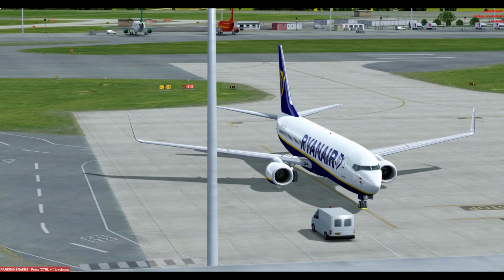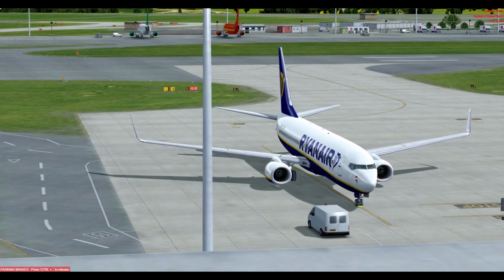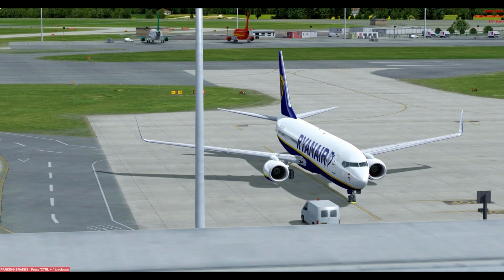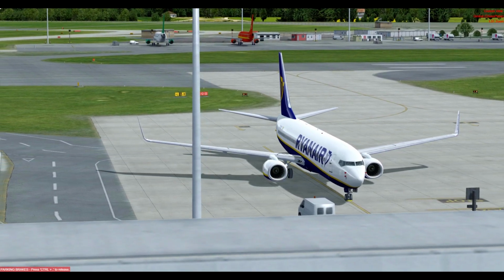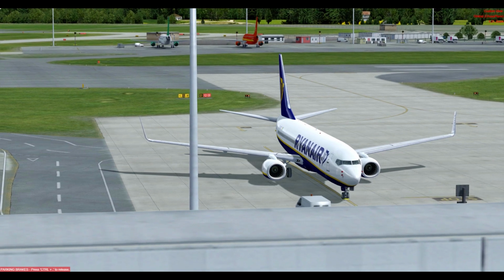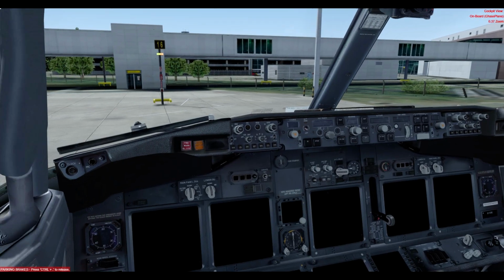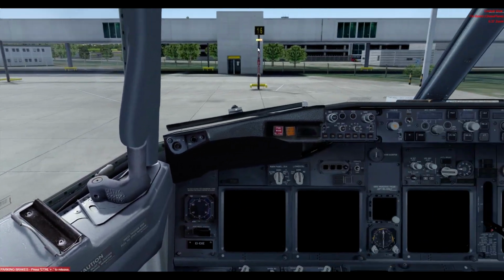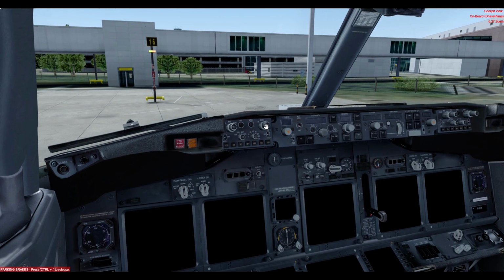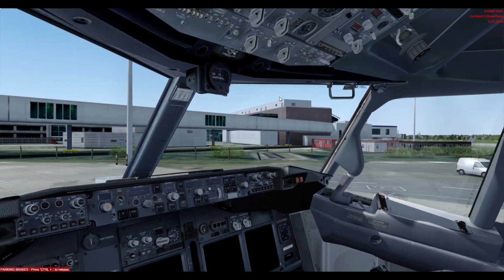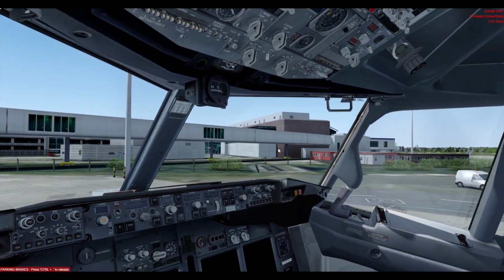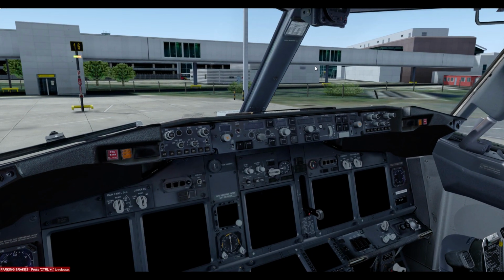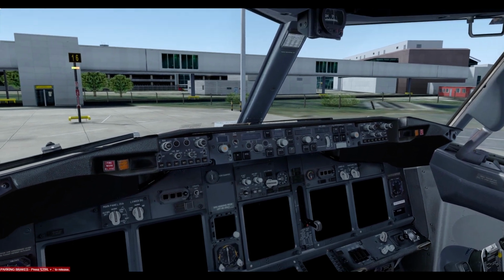So today we're doing something a little bit different. We're going to do a very simple tutorial on how to fly the PMDG 737NGX by PMDG, obviously. This is requested by a friend of mine who really wants to get into flying, so I thought I'd make a tutorial where we do the entire flight. We're going to fly from Edinburgh to London Stansted with virtual Ryanair, and I'll go step by step and do the entire flight from cold and dark to cold and dark,